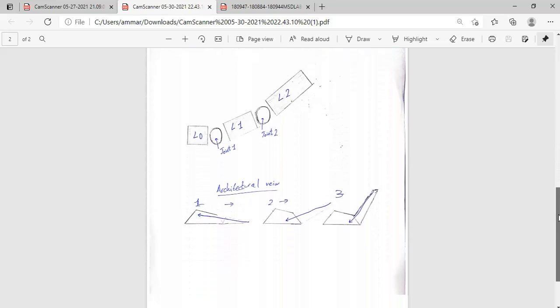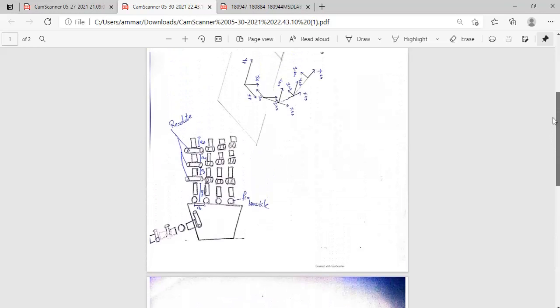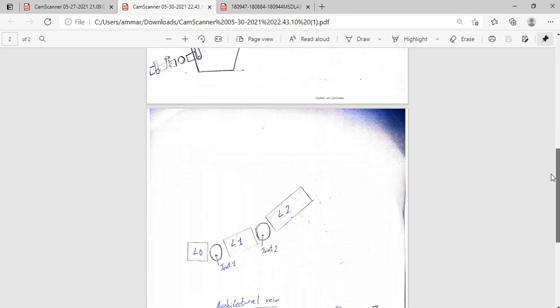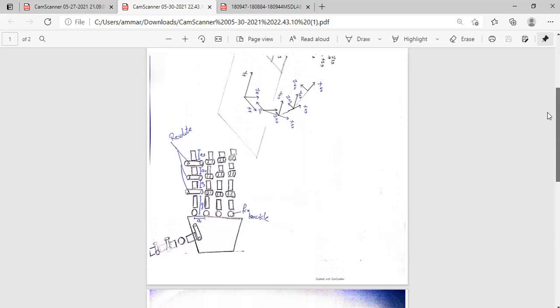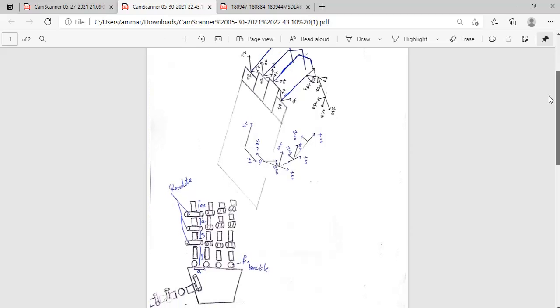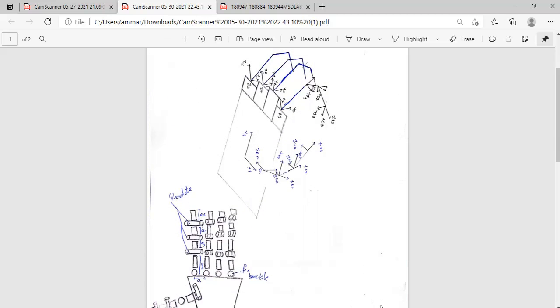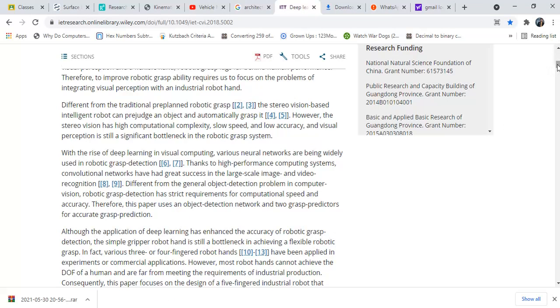And this is an architectural design of our finger. Basically, these are the two joints between our finger parts. So this is another design. We have compared both of the designs, and the most appropriate is this one, because it looks more realistic, and it is much better when it comes to assigning the frames. So the paper which helped us a lot, this one you can see, I have shown you before.